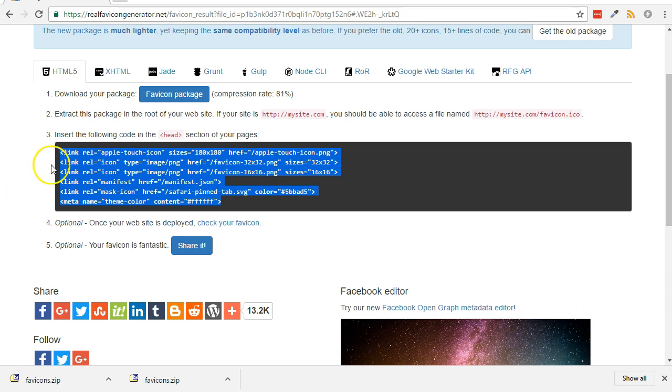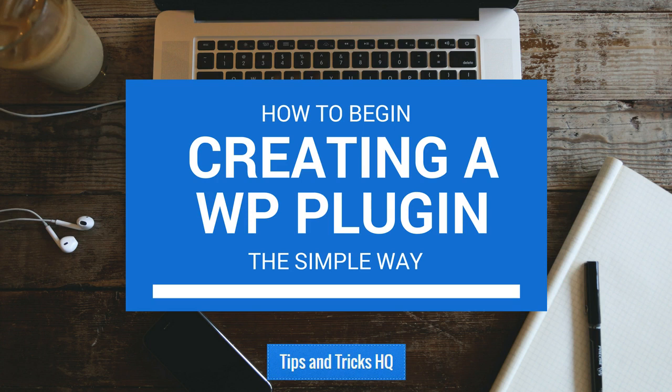Now you will create a quick plugin that will add the necessary code to the head section of your website. At this point, I'll insert a 4-minute video that will cover exactly how to get started creating a WordPress plugin. Creating a plugin extends the power of WordPress. Follow along with this tutorial for a quick beginner's course on how to begin the process of creating a custom